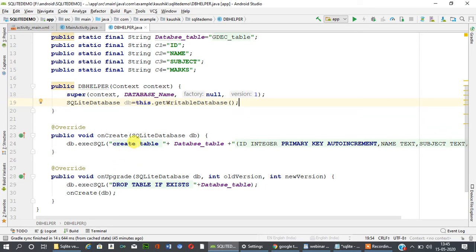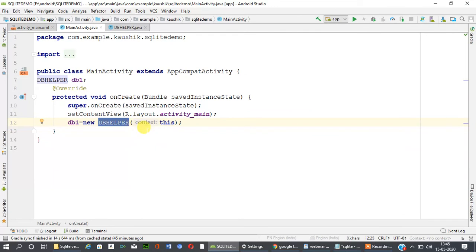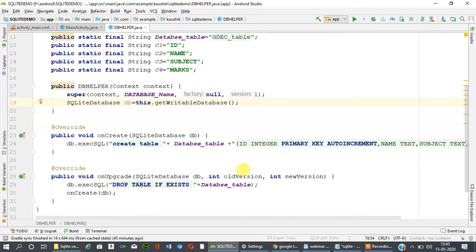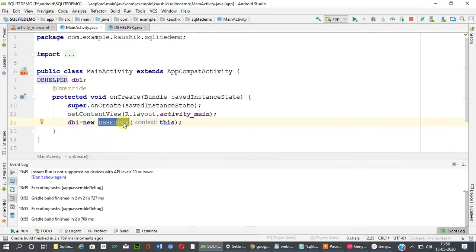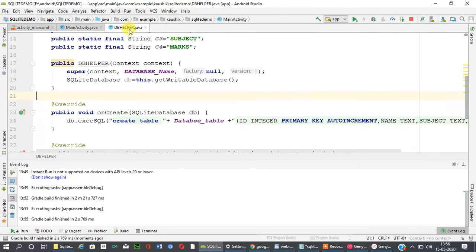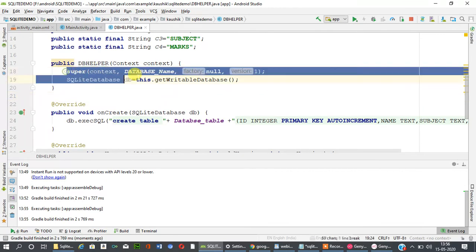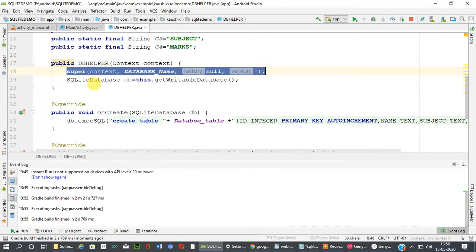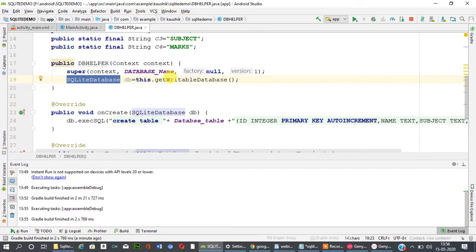So when you run this page, it will create a database as well as the table. When you call this constructor, it will first create the database and then create the table.